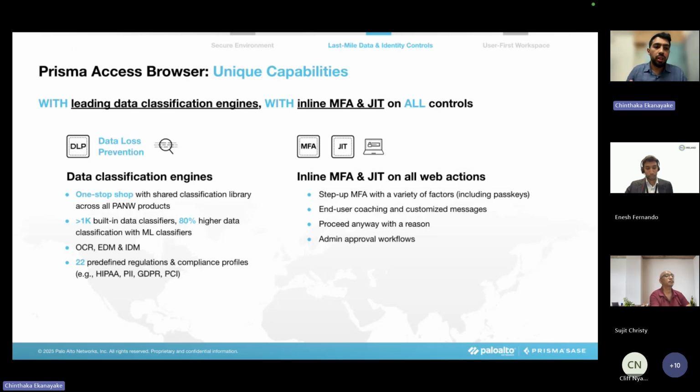So we have more than 1,000 data classifiers available. And also we have machine learning based classifiers also. We have OCR, EDM, IDM capabilities, and also predefined regulation compliance profiles that you can use out of the box. And then on top of that, you can do controls like MFA just in time, and then you